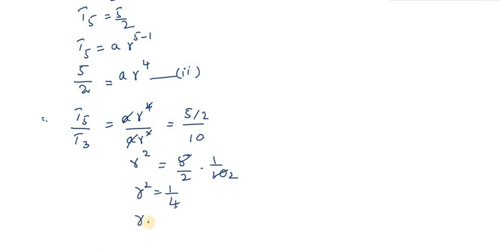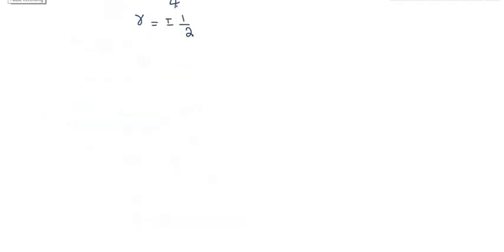And after taking the root, r is equal to plus minus 1 upon 2. Here we get the value of r is plus half and minus half. By putting this value, we find the sequence of the geometric progression. This is the value of r, and for getting the value of a,